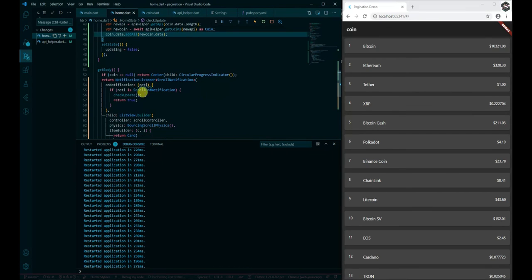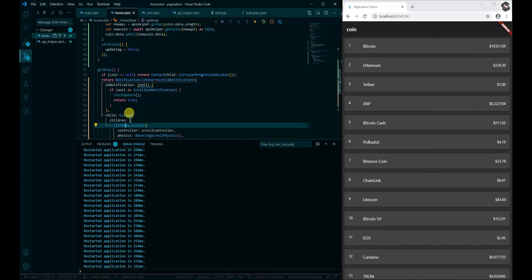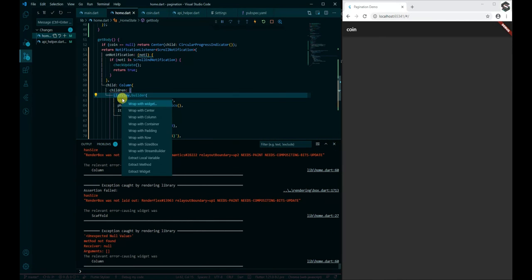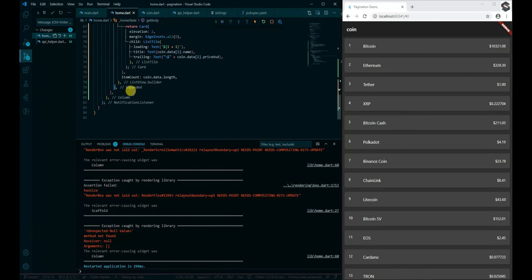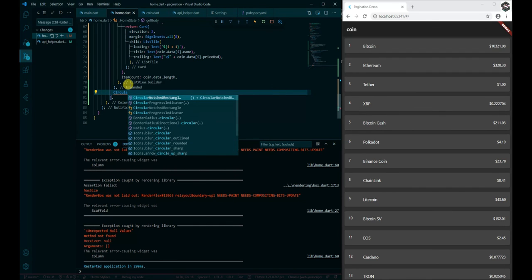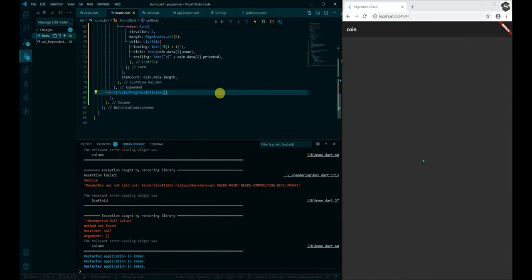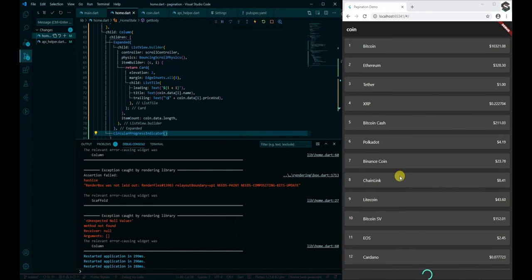Now that we have written the logic to get the data, let's make the progress indicator while loading the new data. We will wrap the list view builder with a column and expand it so it can fit on our screen. And just below the list view builder, we will add a circular progress indicator, and we will control it using the boolean we made before.